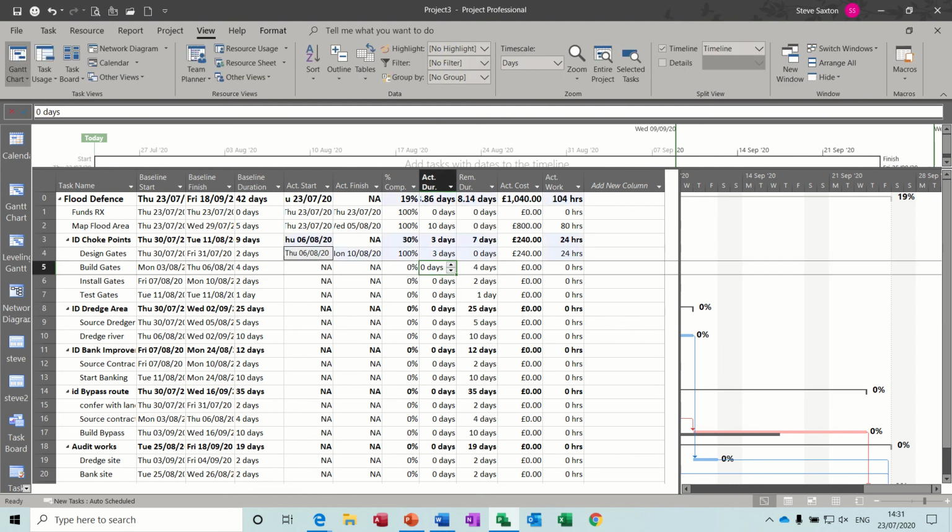And then it puts those in. Next one down, build gates. Let's say that was a 4-day task. It was due to start on the 10th, Monday the 10th, because it's no longer the 3rd because it's following this task. You could maybe insert the link in there, but let's say, for argument's sake, that finished